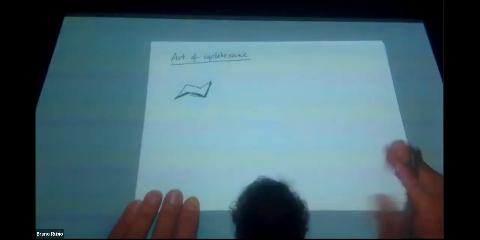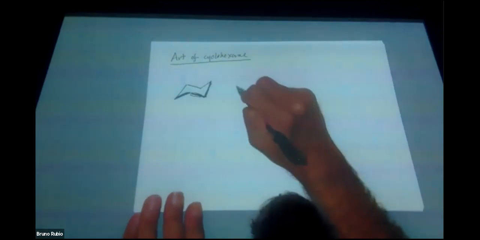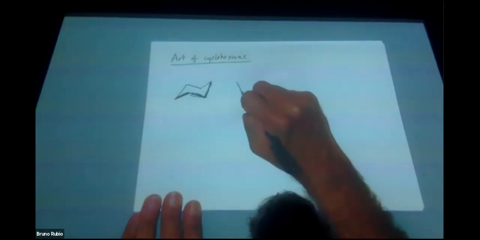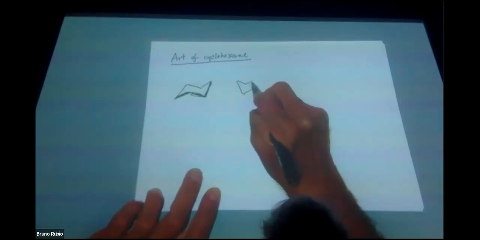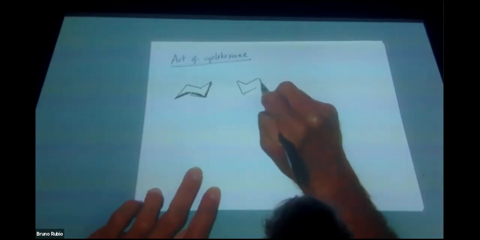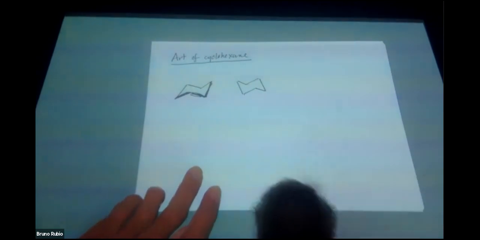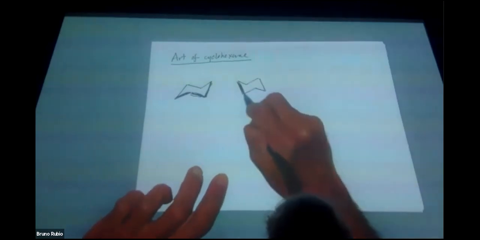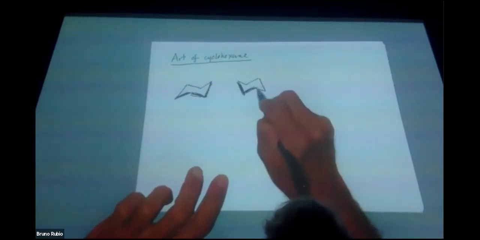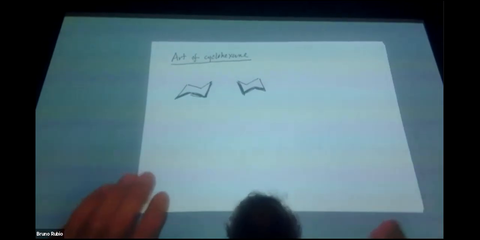That's the right-handed chair. Now there's also a left-handed chair, which is harder for me to draw because I'm not left-handed. I start out with a little V like that, not an up and down V the way you would see on a printed page, but tilted, 2 parallel lines, not too long, and then close it off with another V. And now these 3 bonds down here, I habitually always draw these big fat bonds down here because that's the part of the molecule that is closer to you. Okay, so you need to practice drawing these